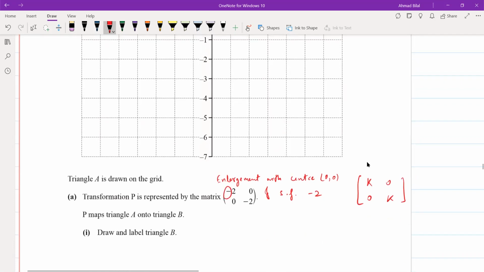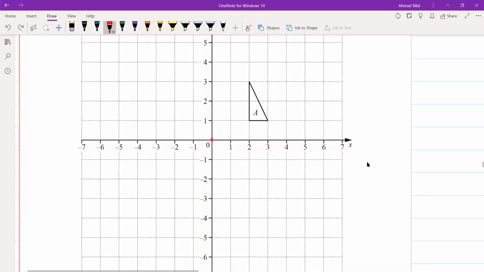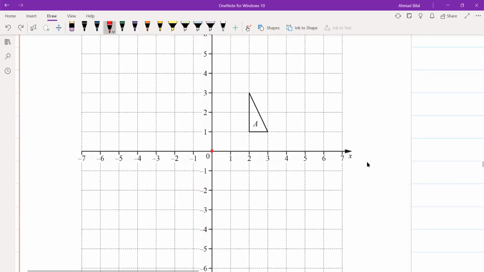ठीक है, अब -2 remember, जब negative sign आता है उसका मतलब ये है कि आप उसके opposite side पे चले जाओगे, center of enlargement के opposite side पे। That's one thing, and since you have 2 here, your figure will be twice the size of the original figure in terms of the length that it has। इसका तरीका क्या होता है, we see कि अच्छा origin से एक पॉइंट को देख लें, ये पॉइंट कितना दूर है, इधर जितना भी ये दूर है उसके डबल लेंथ आप ऑपोजिट साइड पे कर दें। इसकी सेंटर ऑफ एनलार्जमेंट से भी उससे डबल लेंथ हो जाएगी।